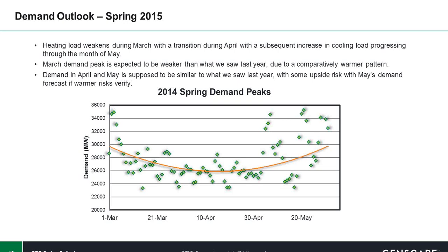And I did want to mention one thing when you look at this graph that kind of correlates with what I said in the last slide. If you notice the individual points on this graph, which are each individual day, you'll see a lot of spread surrounding that orange line. The orange line is kind of the average, and that spread really narrows in April, which again implies it's a much more consistent month demand-wise. And then as you notice that curve heading into May, you see a lot more spread, which means we should see some variability increasing once we get into cooling